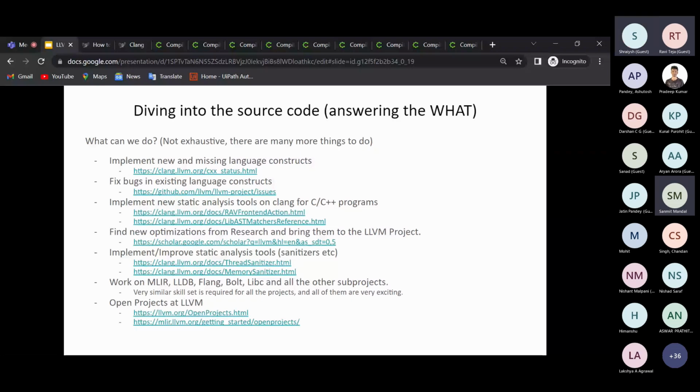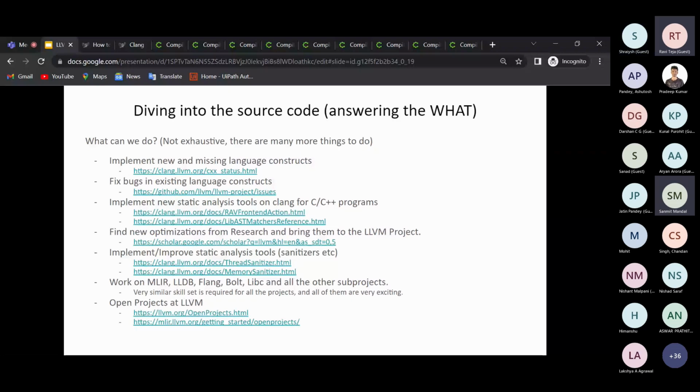You can improve static analysis tools already inside LLVM, for example sanitizers like thread sanitizer and memory sanitizer, which check for data races and memory leaks, etc. You can work on other interesting projects such as MLIR, LLDB, BOLT, LLibc, and there are many sub-projects. The skill set that's required is very similar for all of these sub-projects.